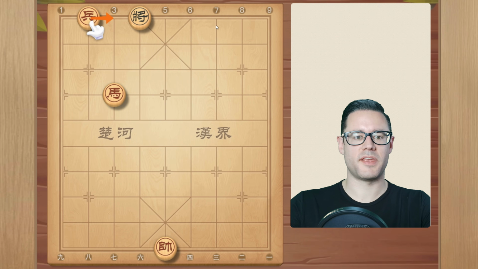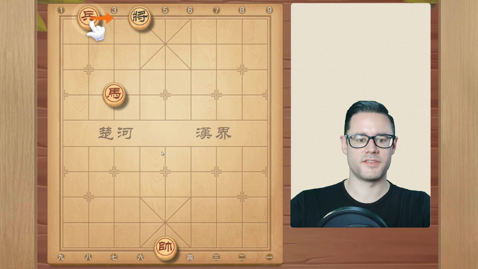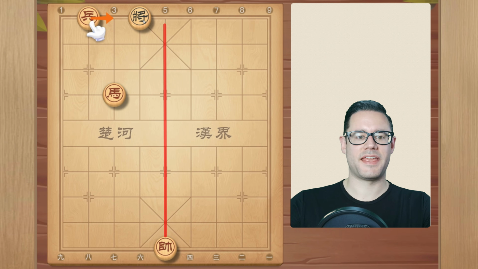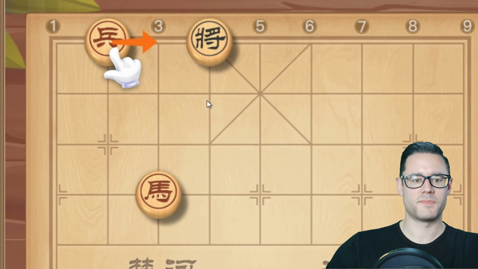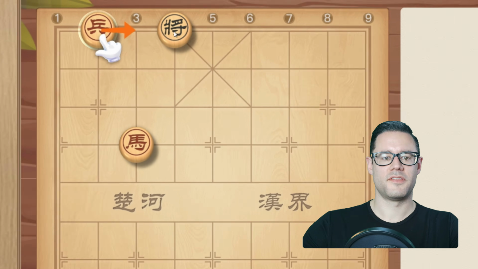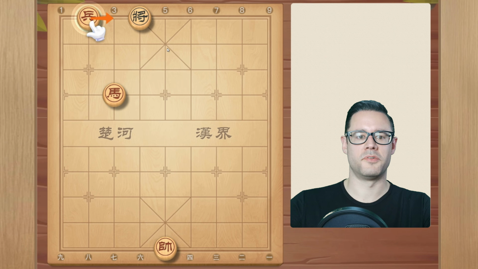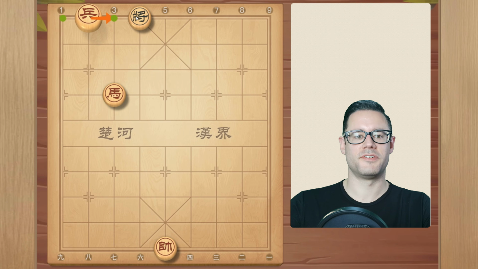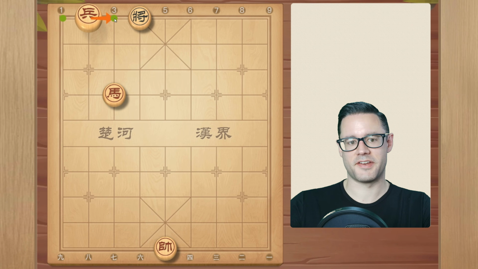Another example of checkmate with flying general. So currently, the opponent's general cannot move to file 5 because of the direct line of sight to our general. And they can't move one space forward because of our horse. One space forward, one space diagonal, targeting this square. They're actually stuck by the flying general rule and our horse. So if we move our pawn one space to the right, then that's targeting the general, and that produces a checkmate because they cannot escape.